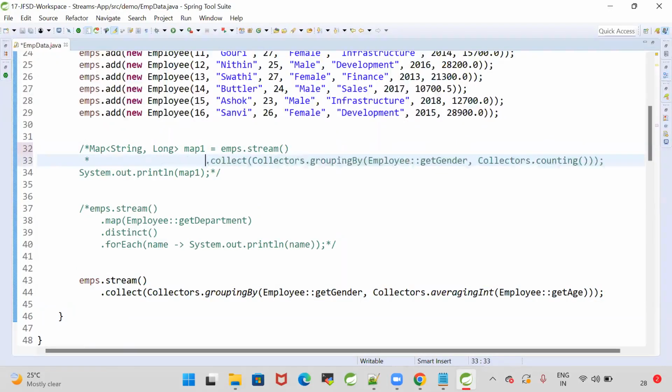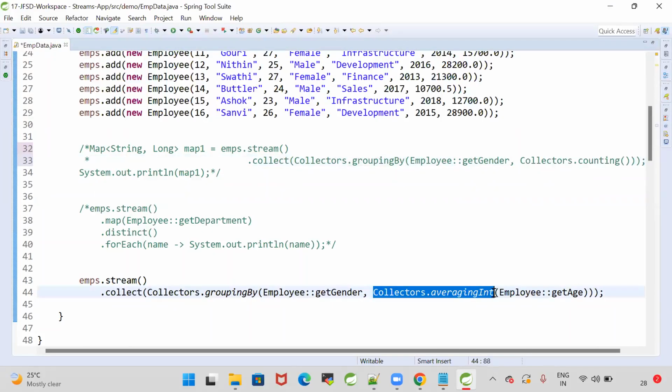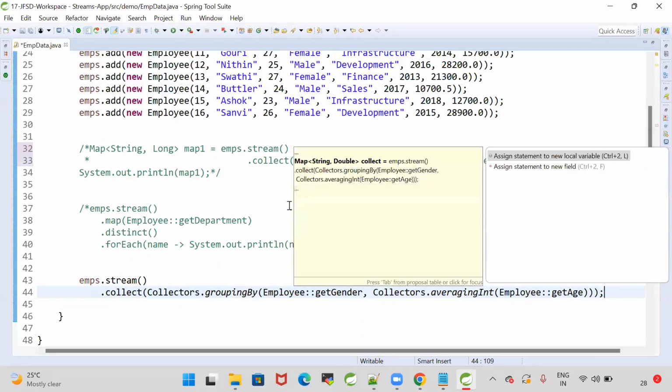In the first requirement we are getting the count of genders, gender-wise count. Now gender-wise average. Here we are calling Collectors dot counting, and here we are calling Collectors dot averagingInt. I want to get the average age of the employees grouping by gender. So what is the average age of the male employee? What is the average age of the female employee? So it is going to return